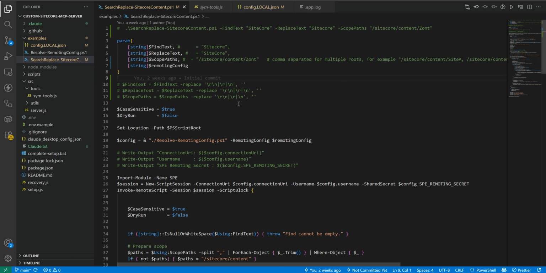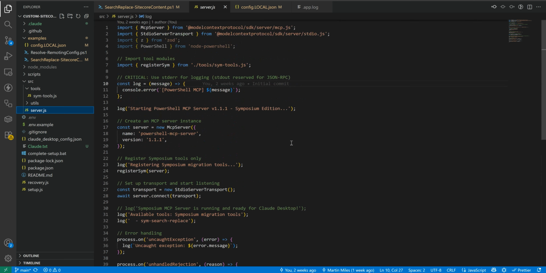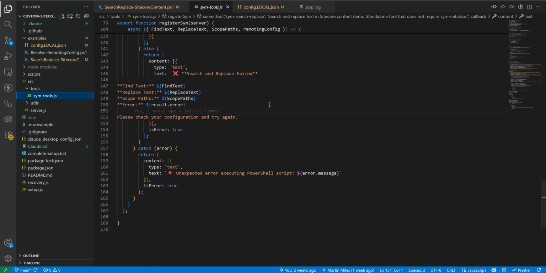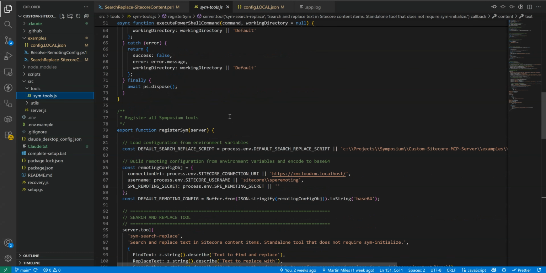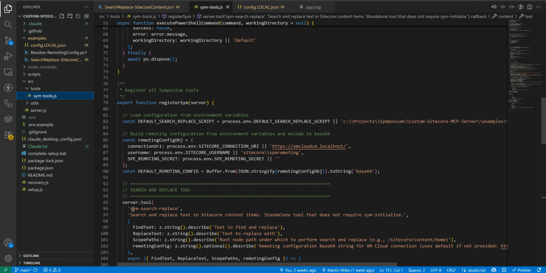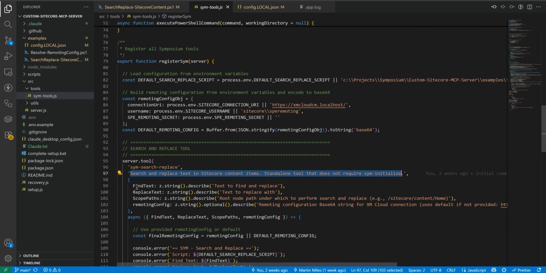The way MCP server works is it has its own business logic, execution, and it also has a set of functionality wrappers, which are also called tools. We currently have a single tool, which is called search and replace tool. This is the name. It also has a user-friendly text that will show up with the caller. All this tool does, it receives the